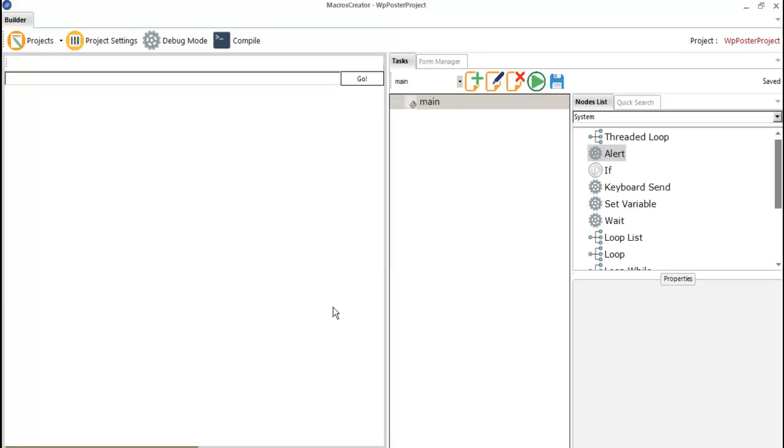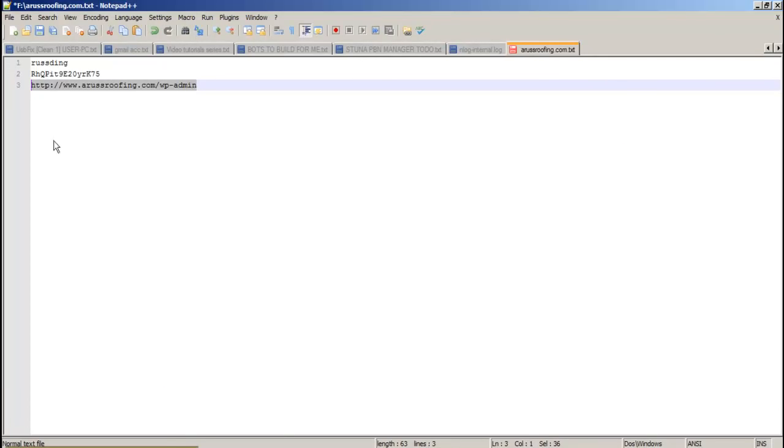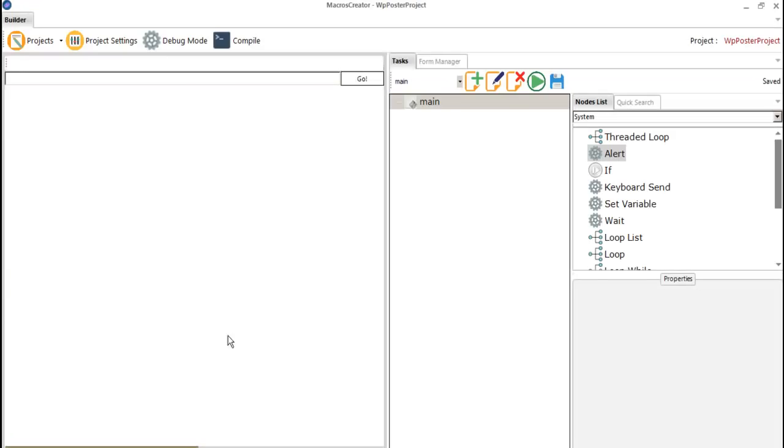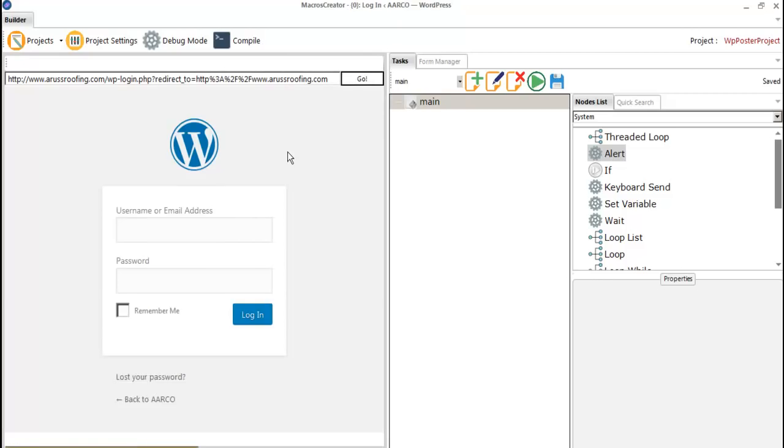Now let's start creating our WordPress posting logic. I have a small test website here we're going to use, so let's navigate to it. Now I'm going to use the browser built-in tools to create a bot, create a list of tasks fast. So let's right click and navigate to this page, and